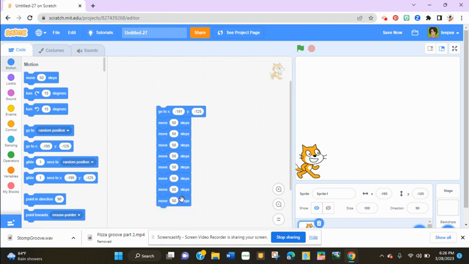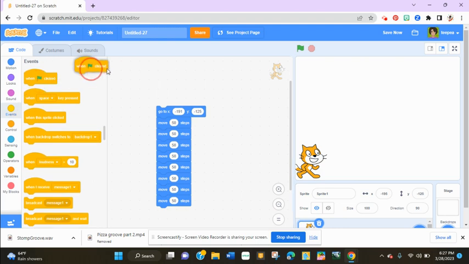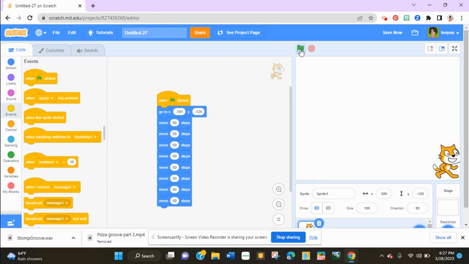All right, so to get this program started, I need an event handler. So I'm going to go to event, and I'm going to say when the green flag is clicked, just like we've done with our other programs. All right, so when we do that, he goes across just like that, like he's running across. But what if I want